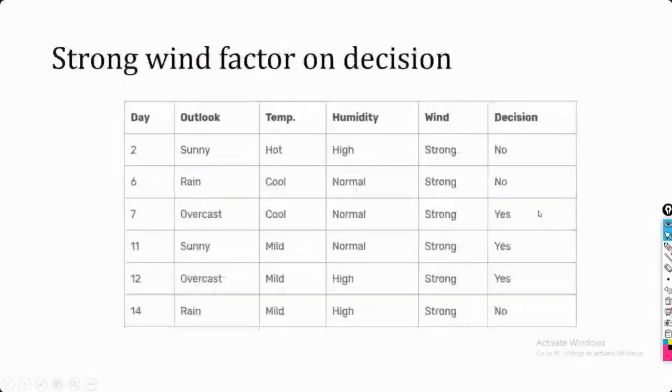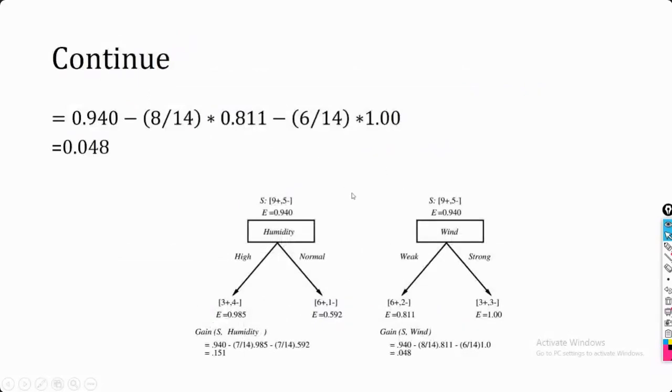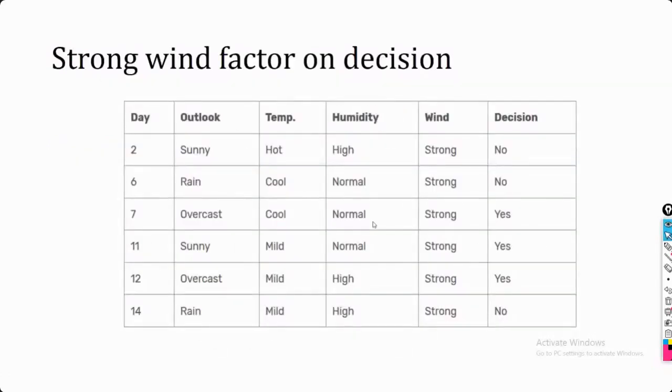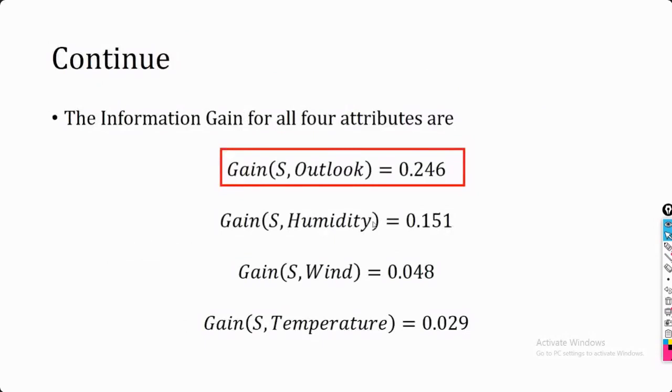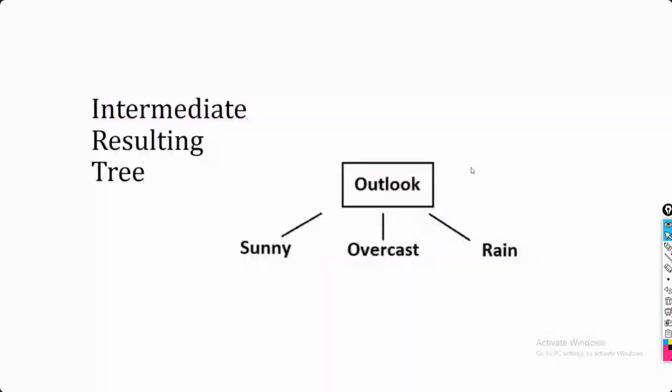Based upon that, we will calculate the gain for each of the attributes. Now I'm going to summarize. Based upon this same concept, we are going to calculate the gain for your outlook also, temperature also, humidity also, wind also. Wind we have already seen in detail how it's going to be calculated. Now from this you can clearly see that for your outlook the value is the maximum one. So we are going to select this outlook as my first node. That means this is going to be the root node.